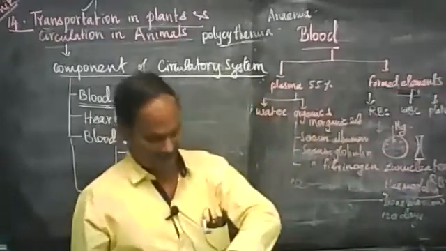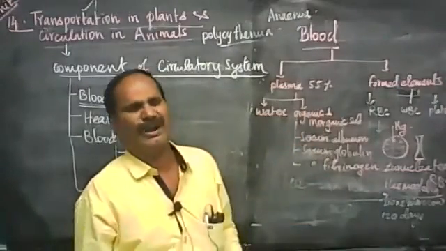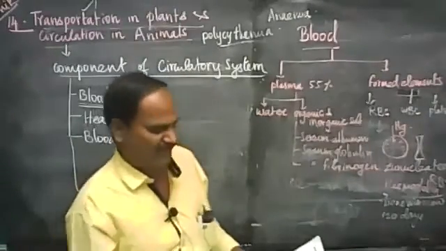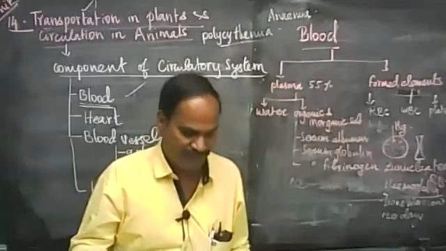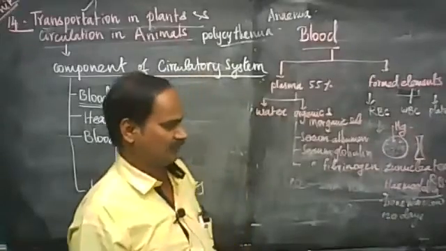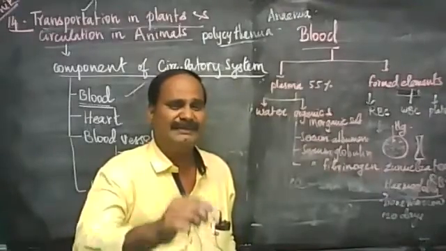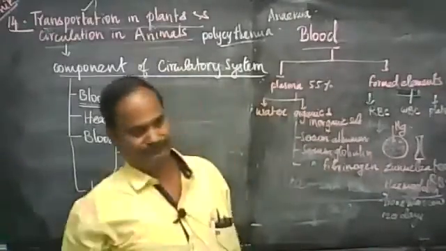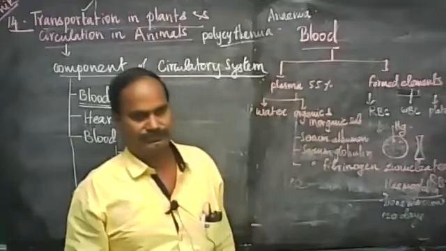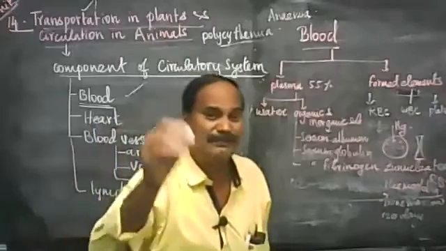Now let's see the WBC. The WBC is white blood corpuscles or leukocytes. In leukocytes, see here there are 5 types: basophil, eosinophil, neutrophil, lymphocyte, monocyte. The diagram is given in your book. Go through that. Each and every WBC takes part in protecting our body from infection. WBCs are formed from bone marrow. Their number ranges from 5,000 to 10,000 in 1 cubic millimeter of blood.